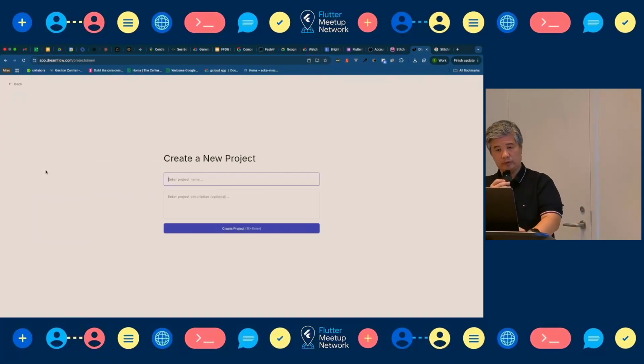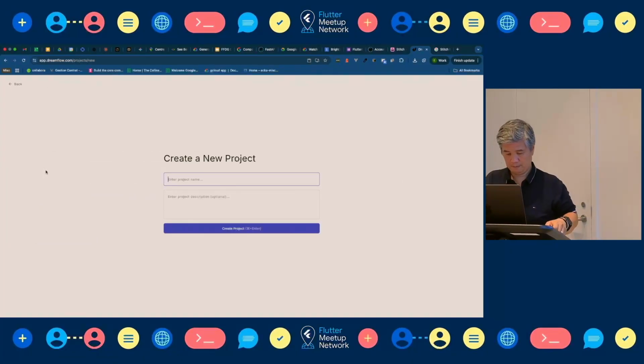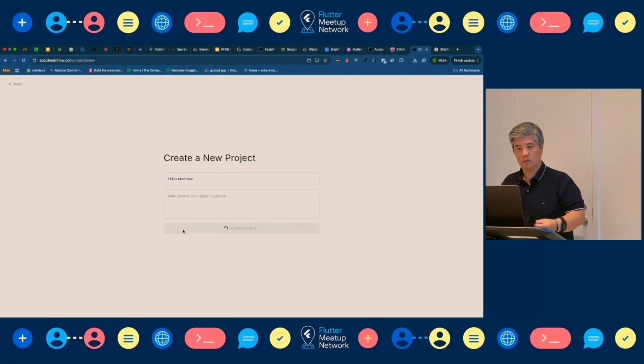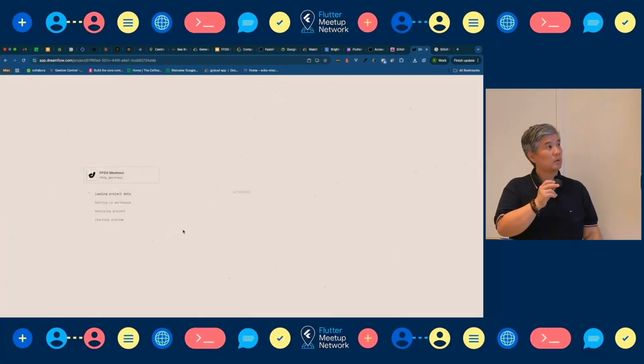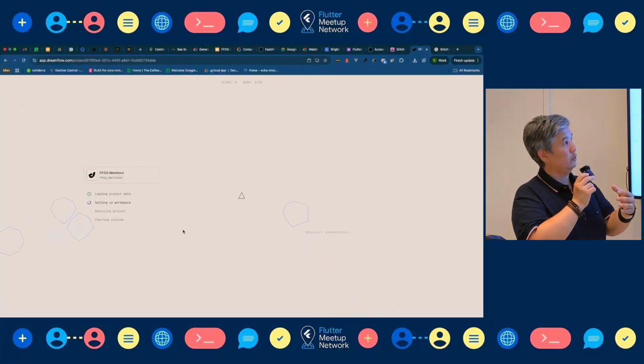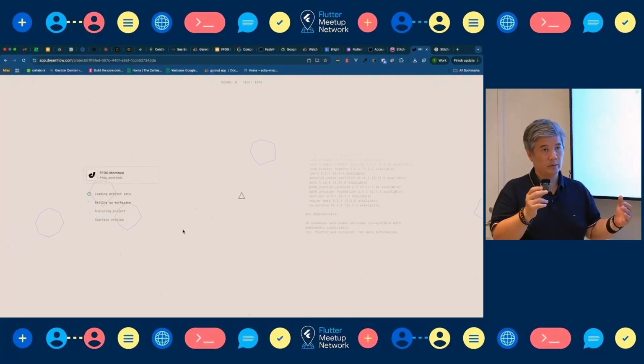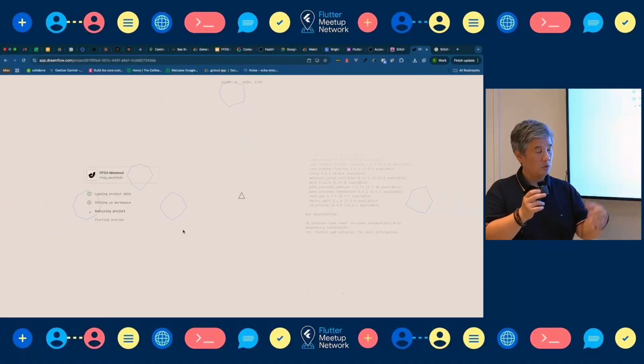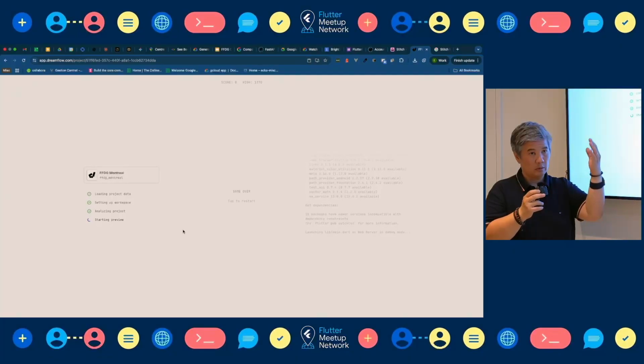For example, if I use this one, it's going to load all the environment, but you will have a blank project. So you can start to code, or you can ask the agent to add a page where I can do this, to create all the code.